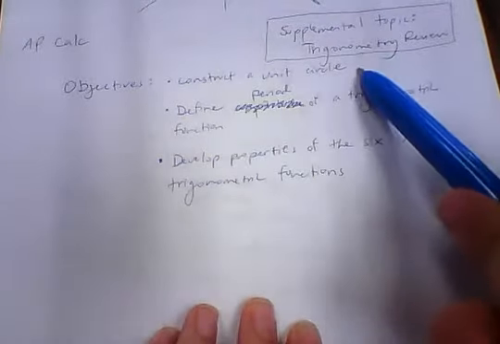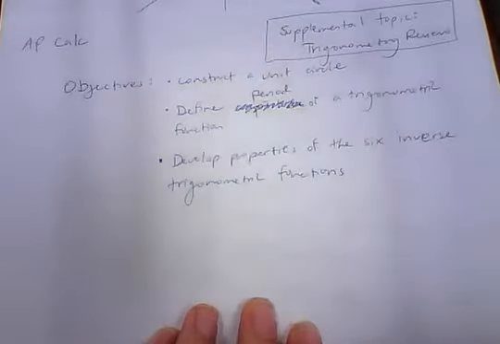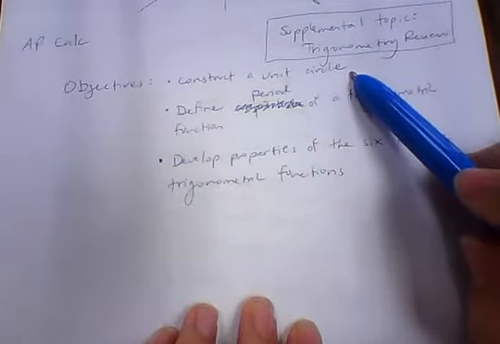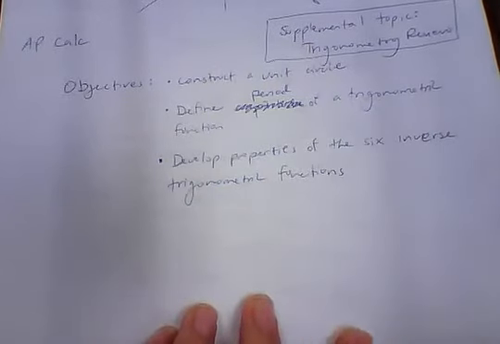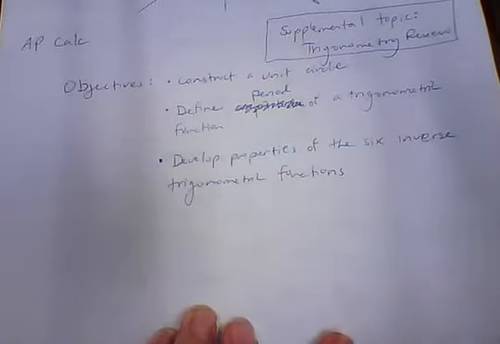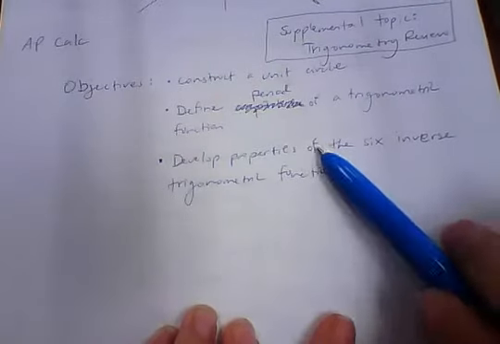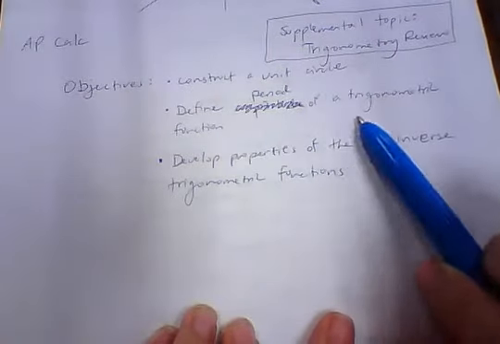to remember how to construct a unit circle. And really, my goal here is just to remind you guys of where all of the values on the unit circle come from and how they're useful in remembering key components of trigonometric graphs, of things like sine, cosine, tangent, and so on. I'd also want to define period of a